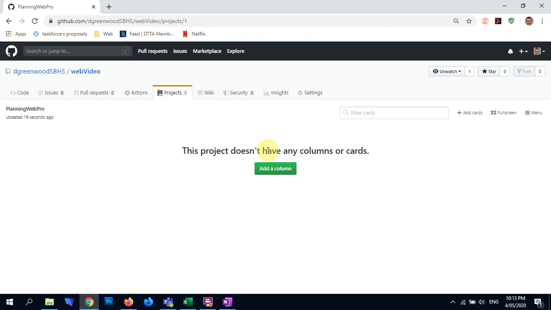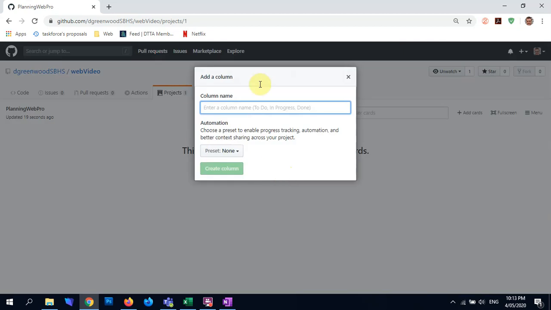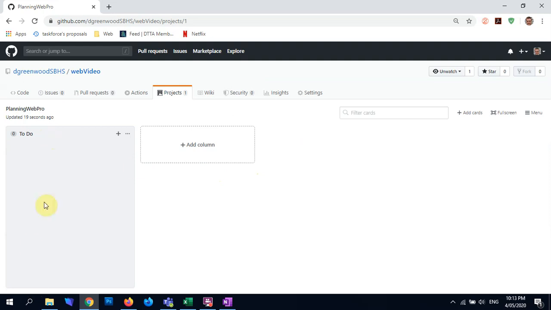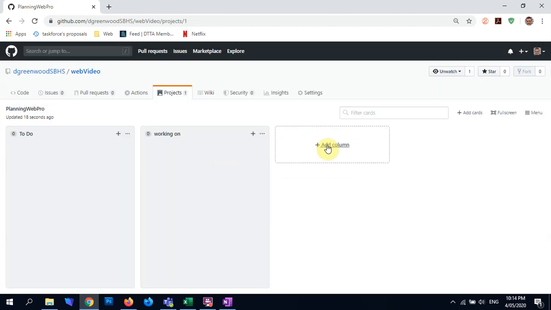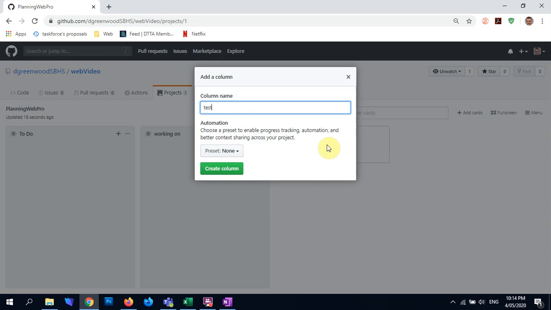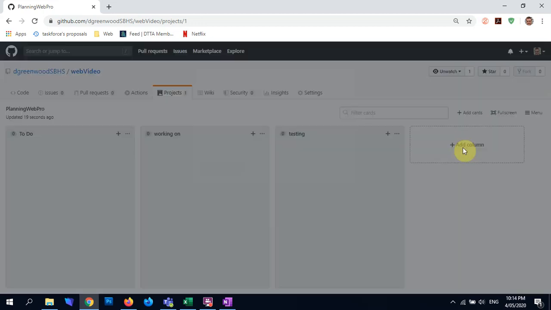It says you don't have any columns or cards. So we start one like to do. Create. That's our to-dos. Add a column. Working on. Create column. I'll go testing. Do I need a testing one? Yep, I'll call it testing, it's fine. And then a last one called